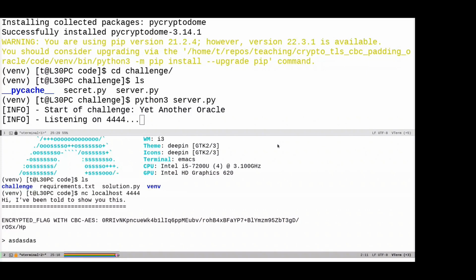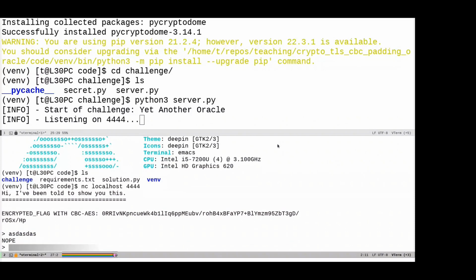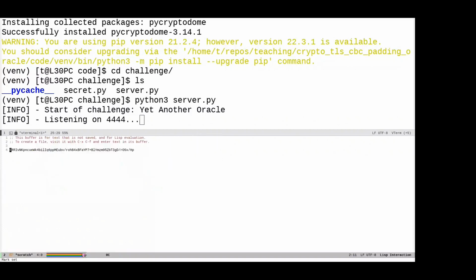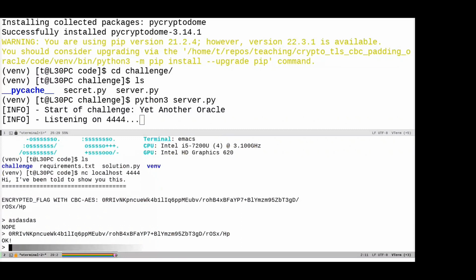If we send random bytes, it tells us nope. Something doesn't work with our input. But if we reply with exactly what it has given to us, removing the spaces, so I think I have to remove the space, so it's only in one line,